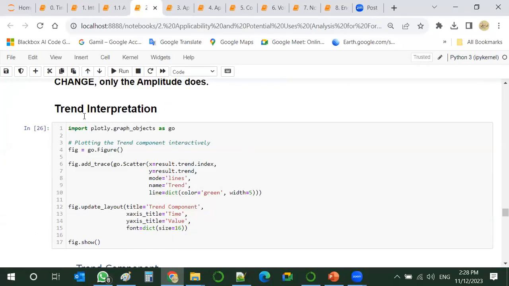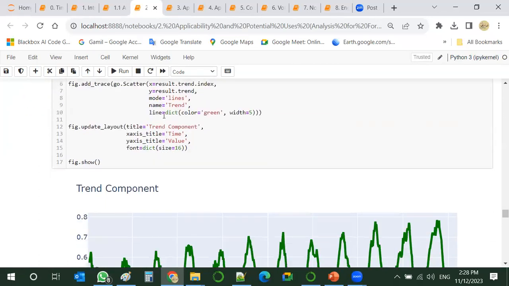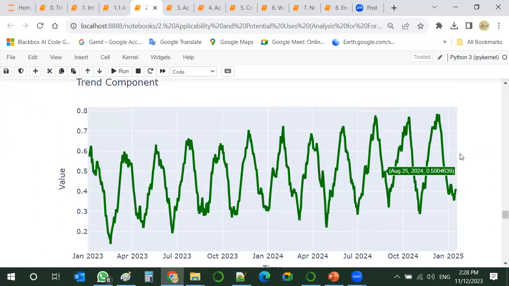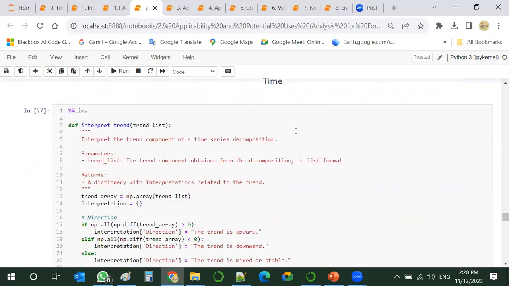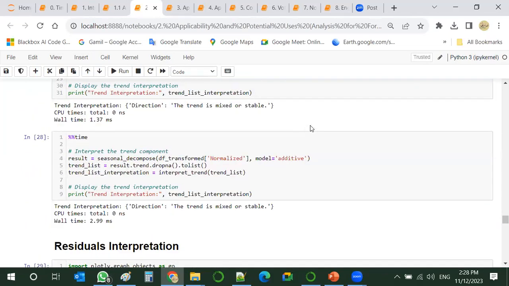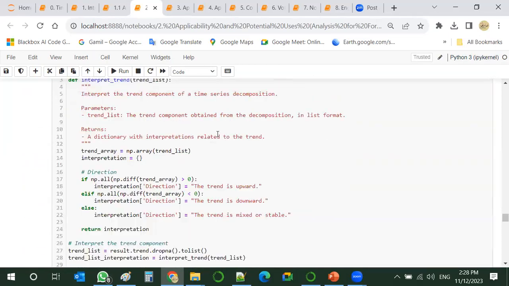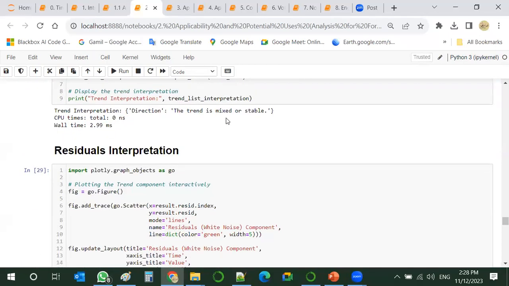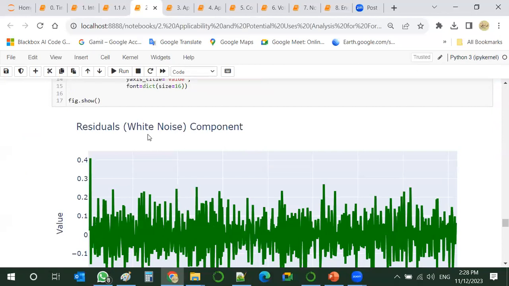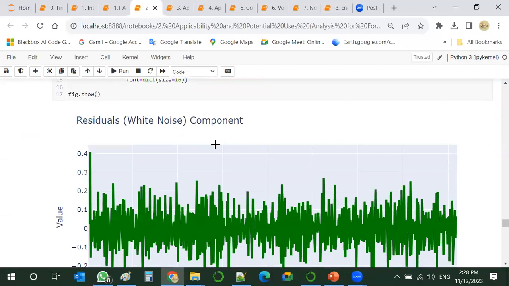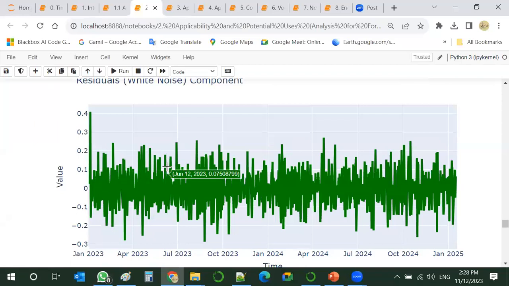Okay, let's interpret the trend. So this is the trend over here, and it's mixed. So it's up and down, as we can see, and the residual is just the white noise component, as plotted here.